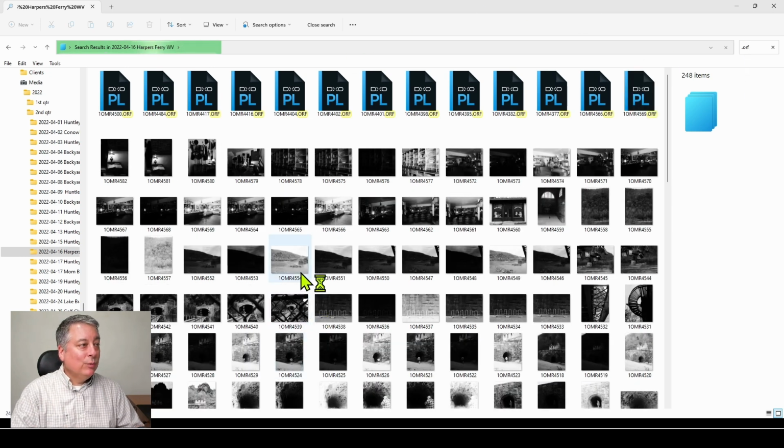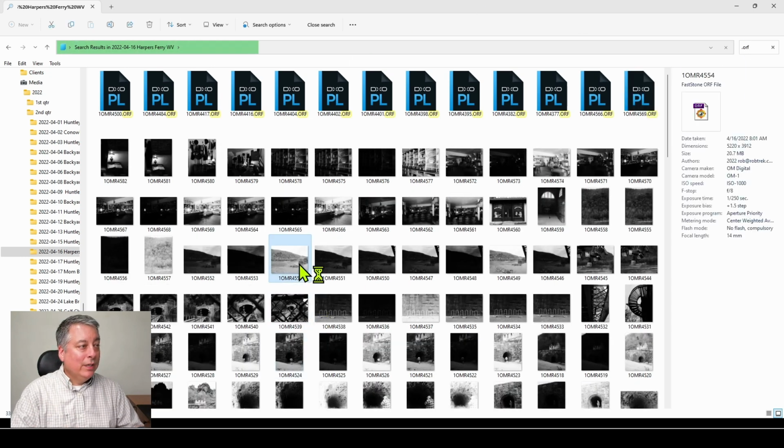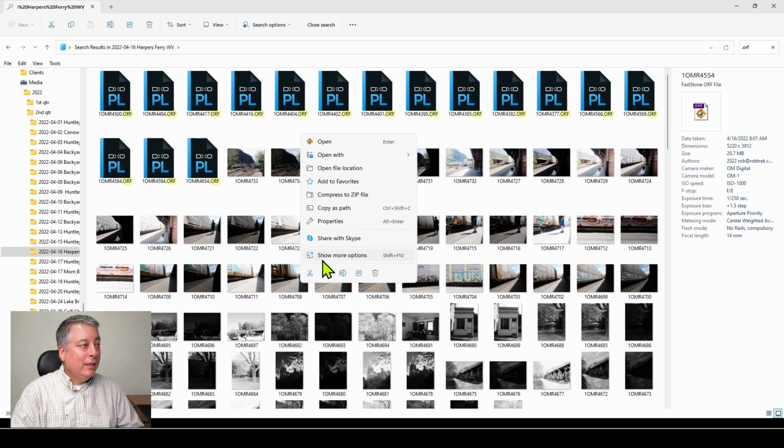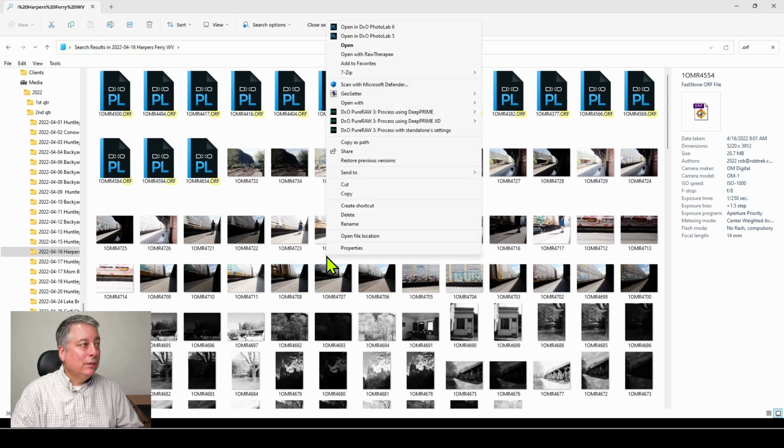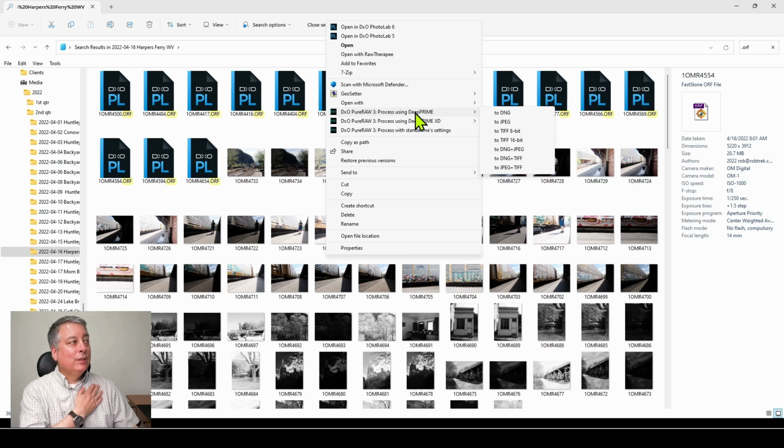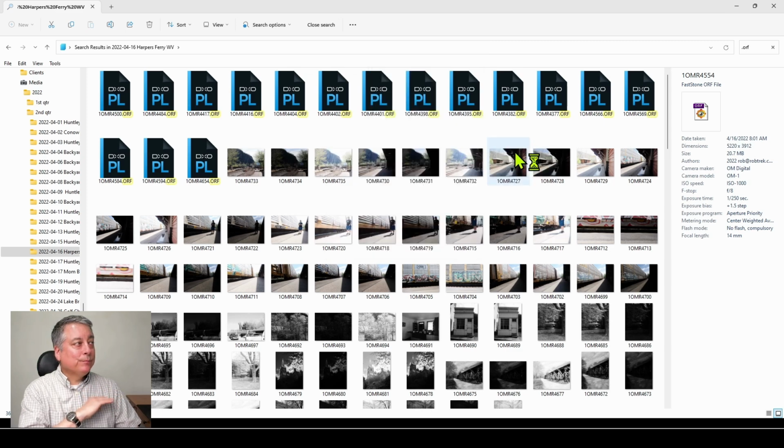And then I'll just select one of the images here, right click on it, and then I actually have to go to Show More, and then I'll have the options here, process using Deep Prime, and then a submenu of what I want to export it as, process with Deep Prime XD, and again, how I want to export this. So if I choose, for example, TIFF 16-bit,